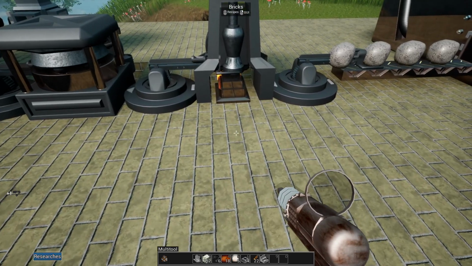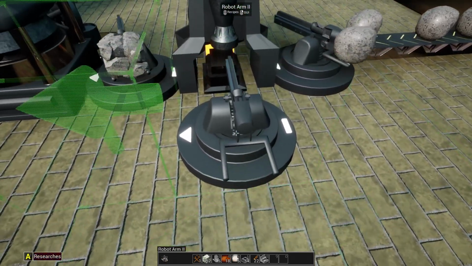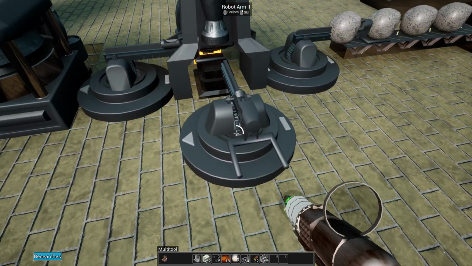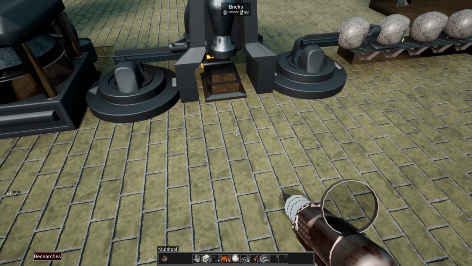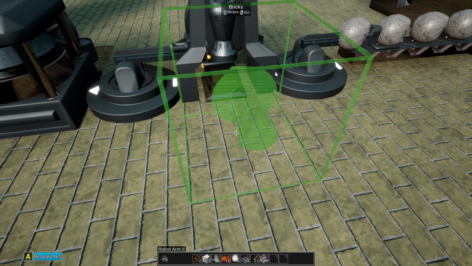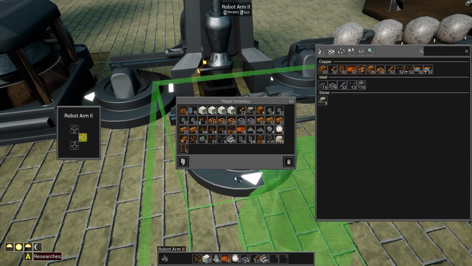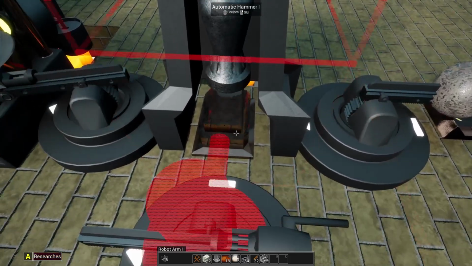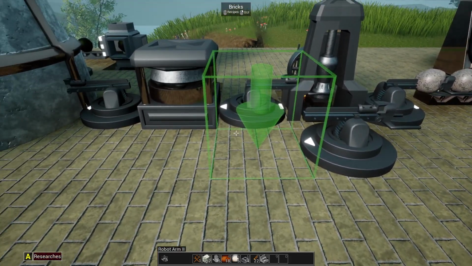Let's put the robotic arm this way. And let me see. I don't think I have that configured right. Let me pull that up one more time. I think I have to do it like this, and then right click, choose that. So now it's going to pull from that area and send it this direction. And what I could do,